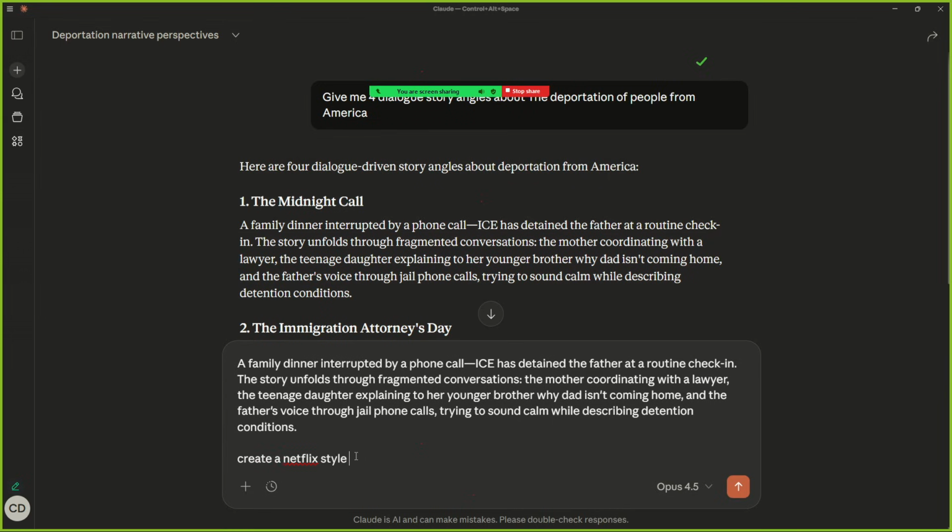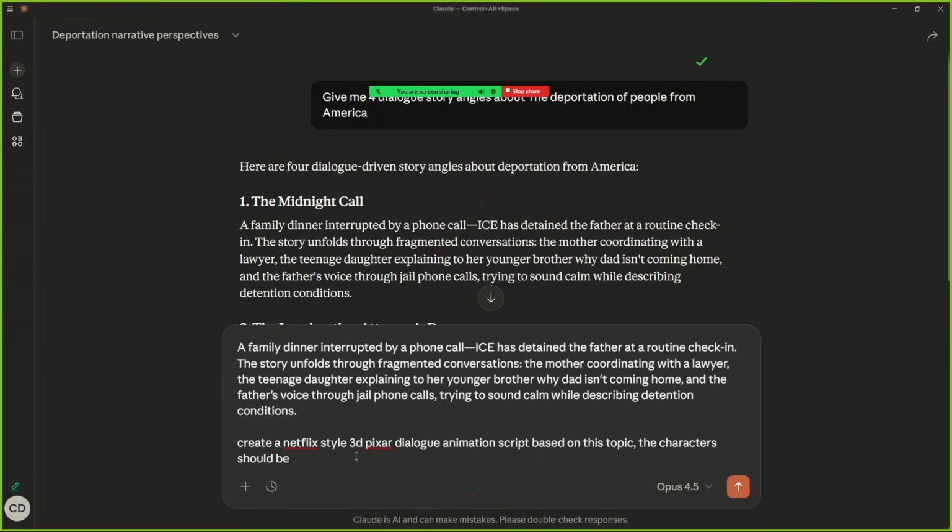Let me say 3D Pixar dialogue animation scripts based on this topic. The characters should be what, the character should be